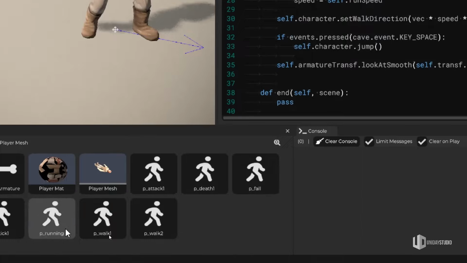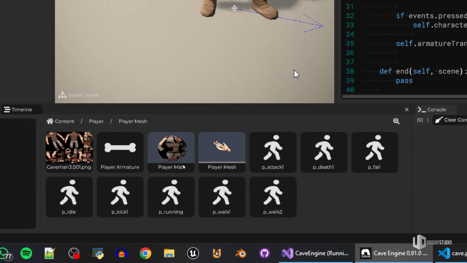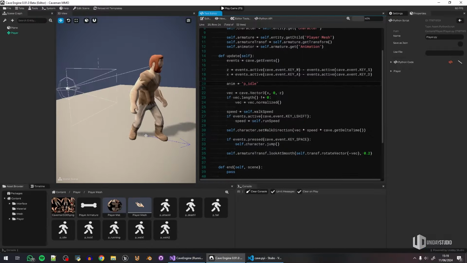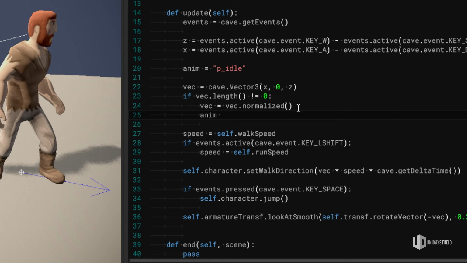The name is probably here, p_idle. So I need to figure out if I want the walk or the running animation. I know for sure that by default, if I'm not running, I'm walking, and if the length is not 0, it is walking. So I'll do this. And if I'm running, of course,